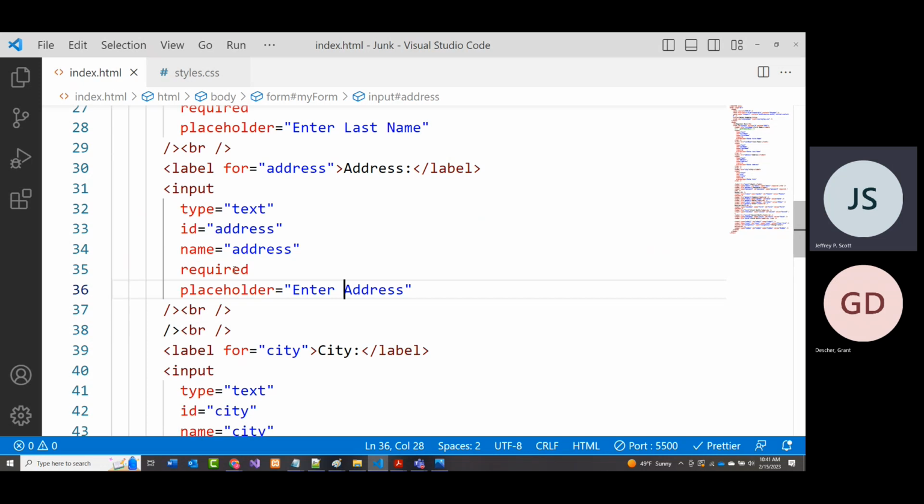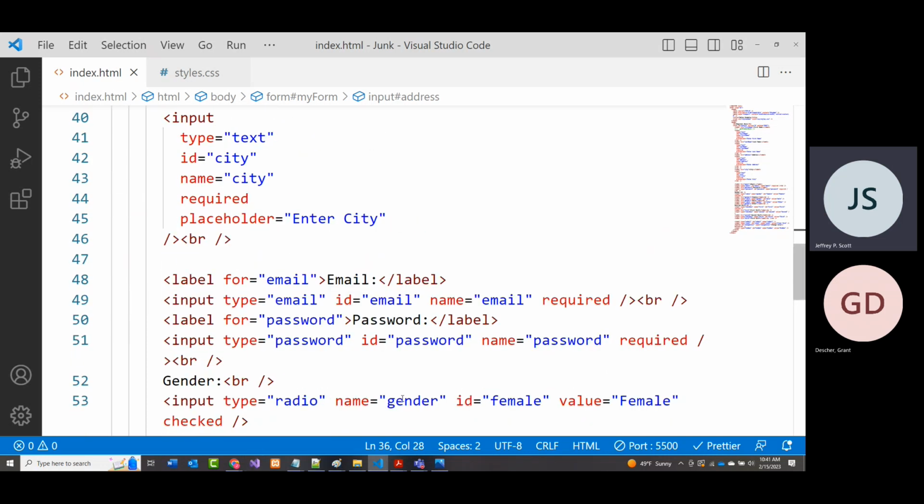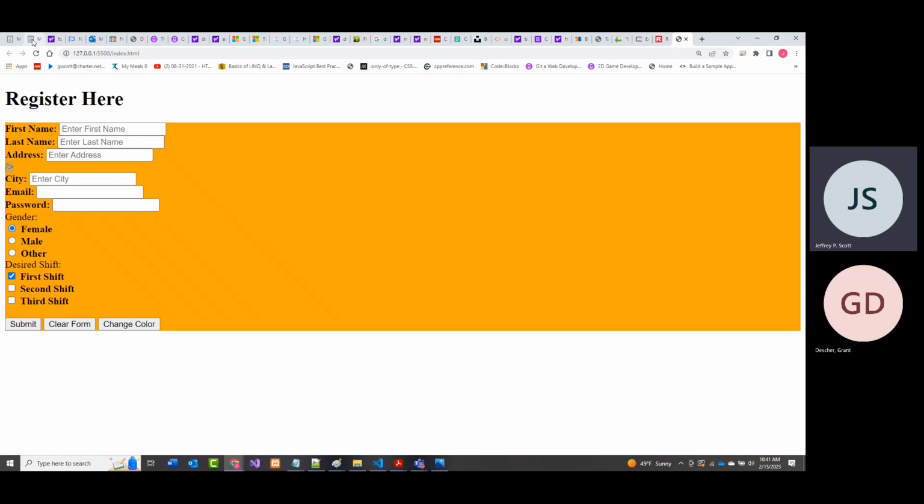I don't know where that is right now, but we'll find it. All right. In just a moment, we're going to go look at the state, and that's going to change things